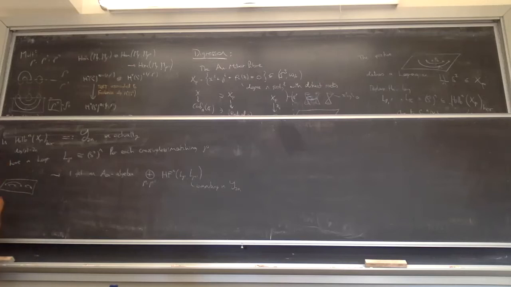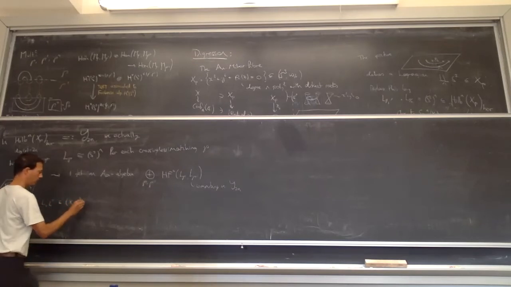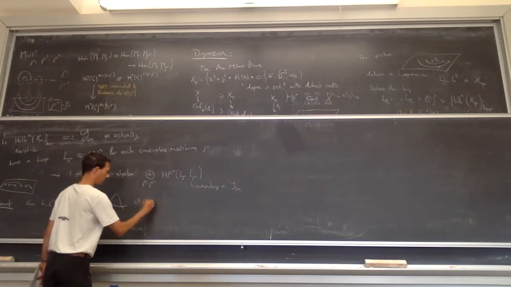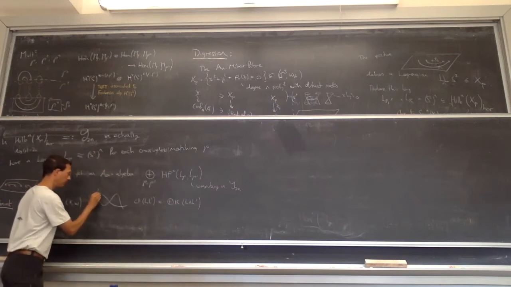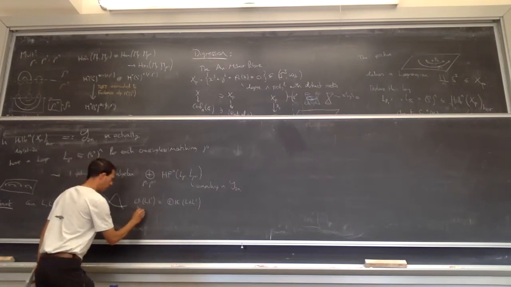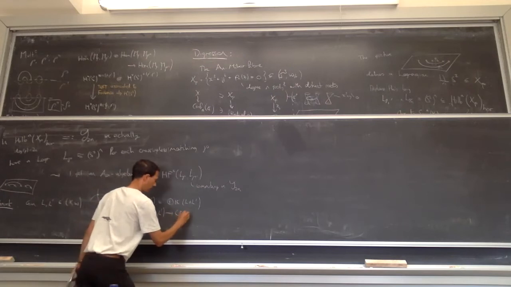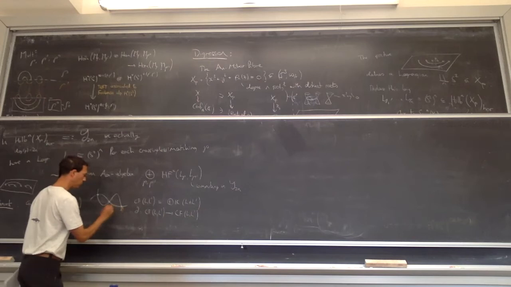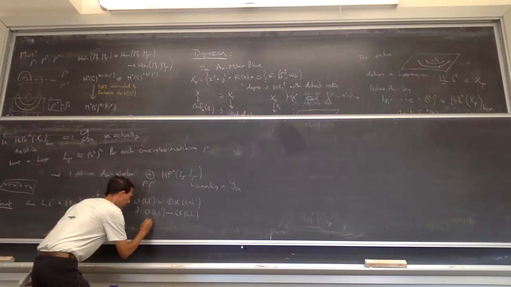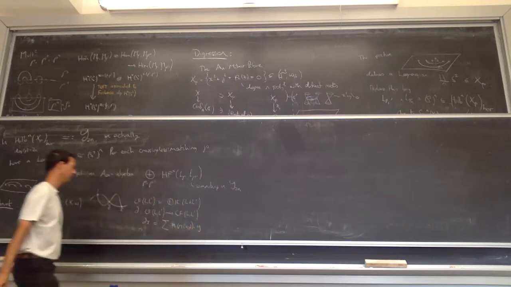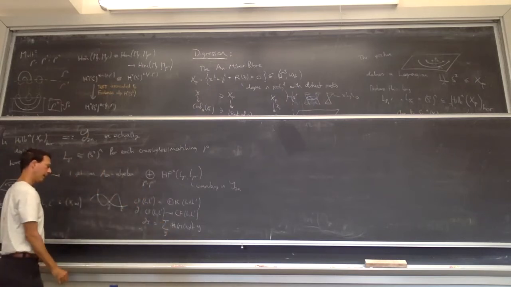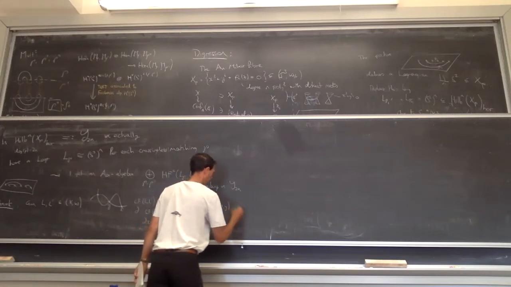So maybe I should just make a small remark for people who don't think about this. In Lagrangian Floer cohomology, I write down a complex which is generated by the intersection points of L and L', at least if L and L' meet transversely, and there's a differential on this complex, which is defined as in Morse theory by giving its matrix coefficients. So the boundary of some intersection point x is some sum of numbers of moduli spaces times y over different other intersection points y. And here M_xy is a space of maps